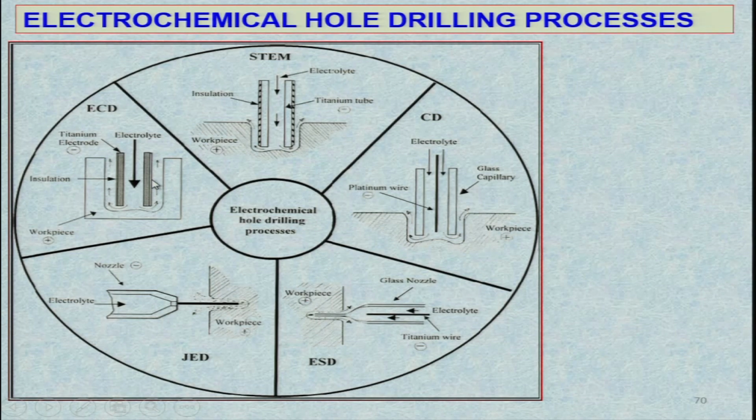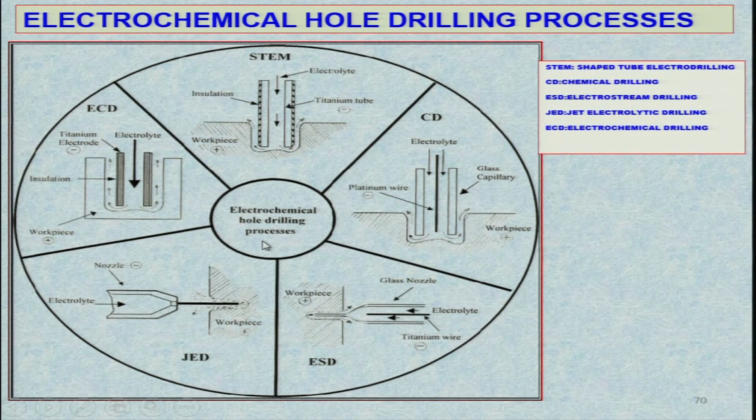More or less a straight sided hole. If this tool is not coated externally, then you will get a tapered hole, and in many applications you may not accept the tapered hole, because you may require a straight sided hole, especially in case of cooling holes in turbine blades. Normally people need the straight sided hole or turbulated hole in many applications of aerospace engineering. So, you can see here